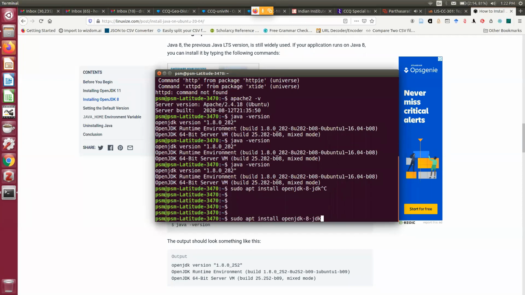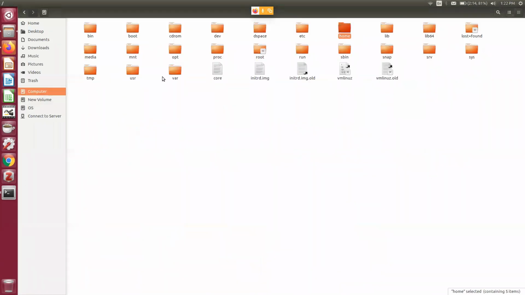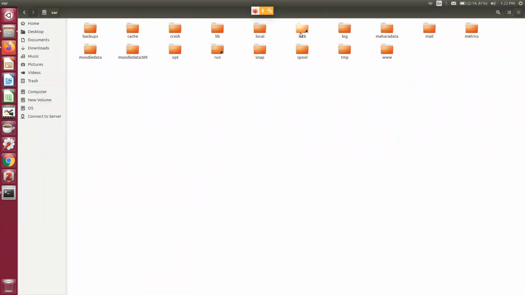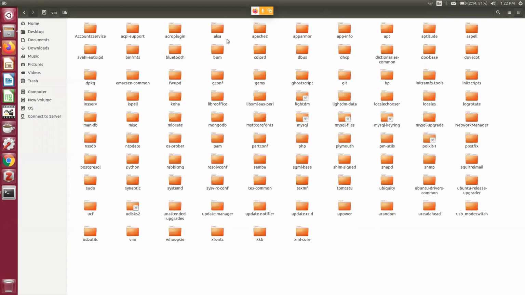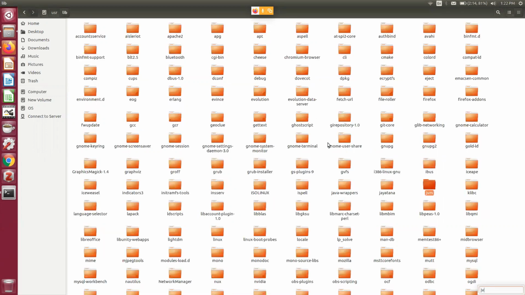Now suppose you see after this installation process, Java will go here, /usr/lib/jvm.